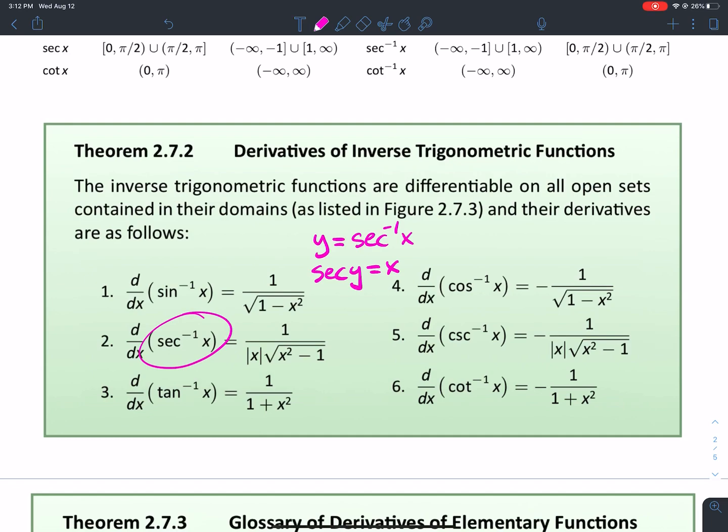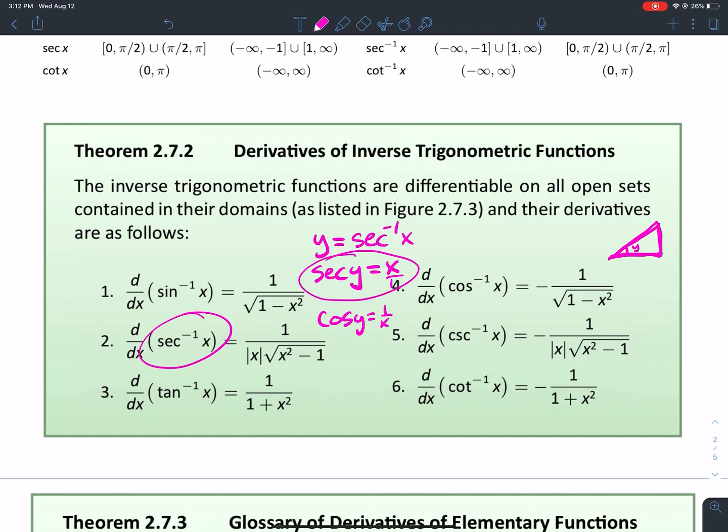And then I take the derivative implicitly, okay? You can set up your triangle at this point. What do you know? If the secant of y equals x, then the cosine of y is 1 over x, right? So if you set up a triangle, and we had y as my triangle angle,